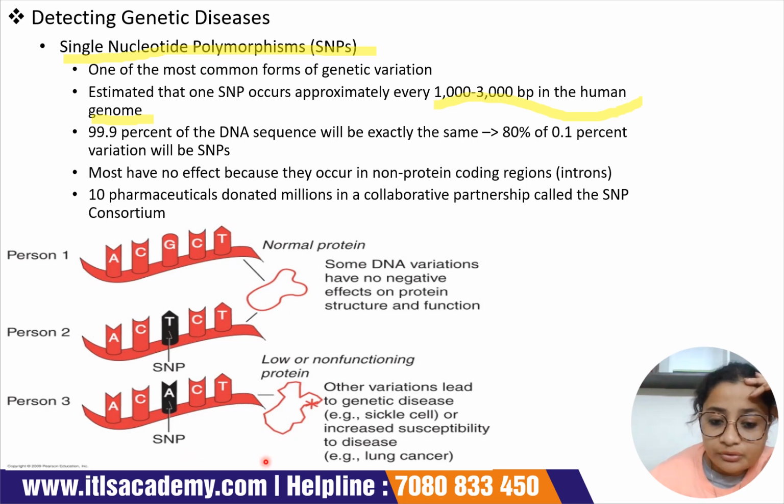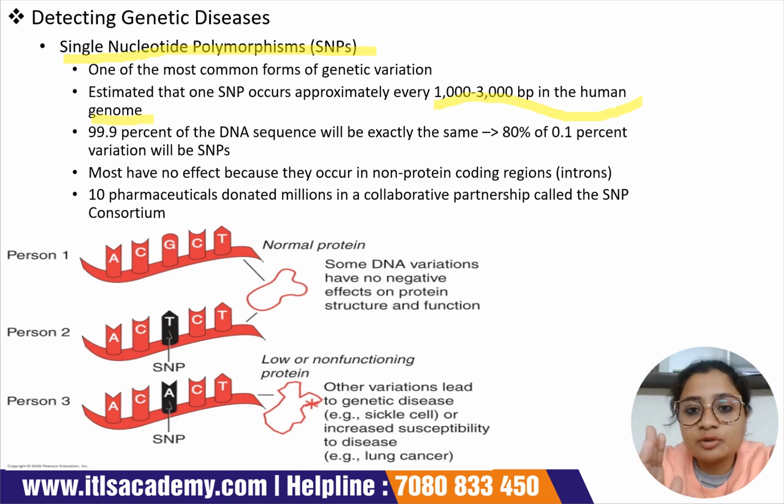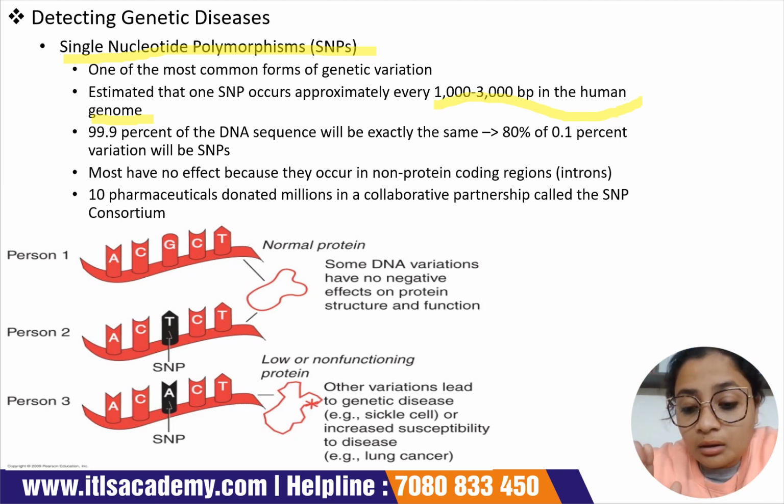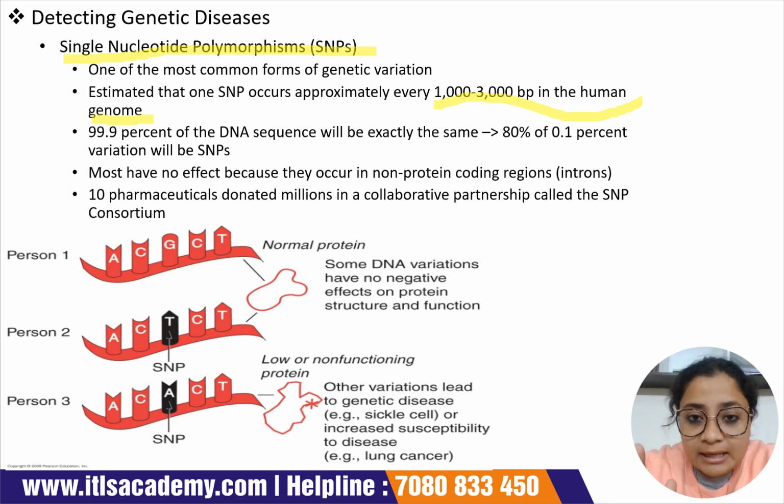There is a single nucleotide polymorphism, as a result of which the protein that is formed... because we all know the basic concept of genes must be very clear, and that is the central dogma. What is it? From DNA to DNA, that is replication. Then from DNA we will have RNA, that is transcription. And finally from RNA we will have protein, that is translation. So that is the central dogma, and this concept is very important.